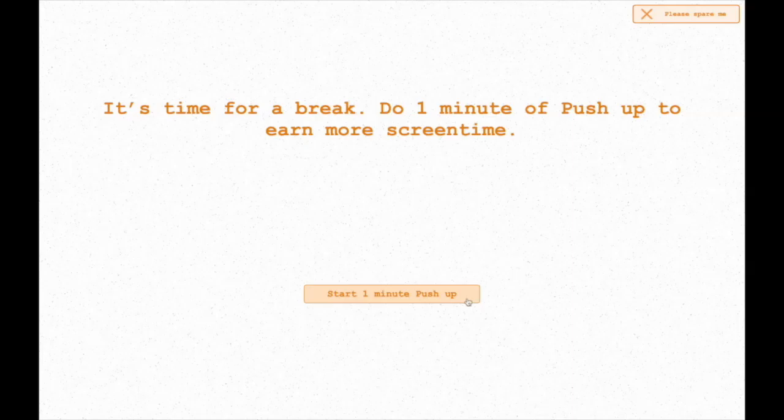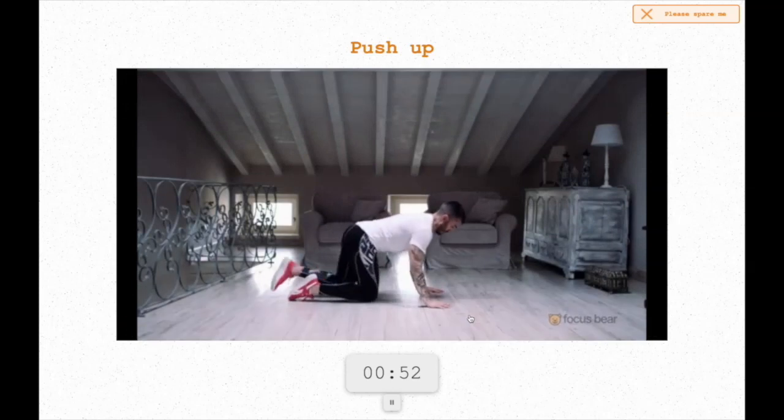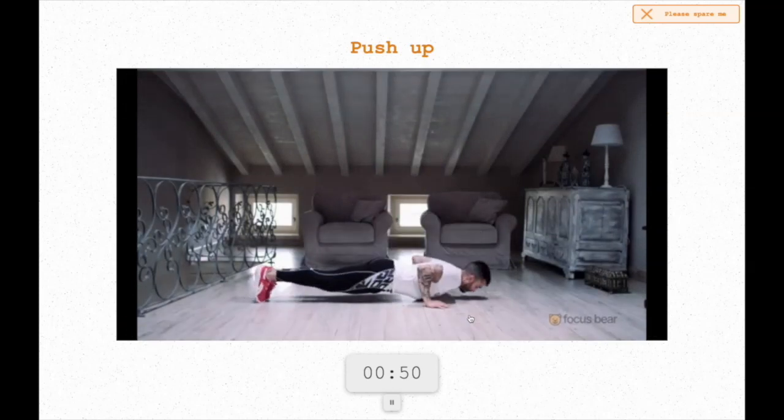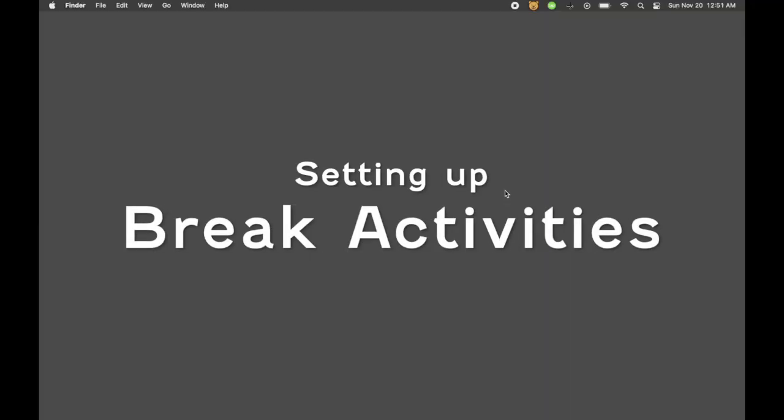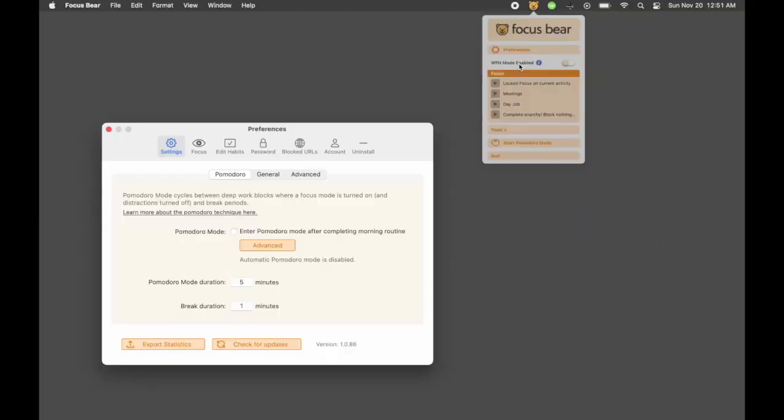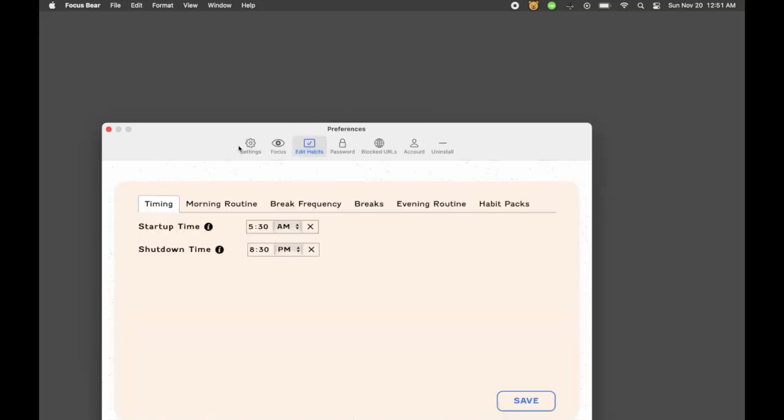The other part of it is breaks. It's really helpful to take breaks, for example, every 20 minutes. It's good for your eyes and good for your body. You can do things like push-ups, or it could be something a little bit more gentle, doing some stretching or drinking some water. In order to configure your break activities, again, you go to Preferences, go to Edit Habits, and